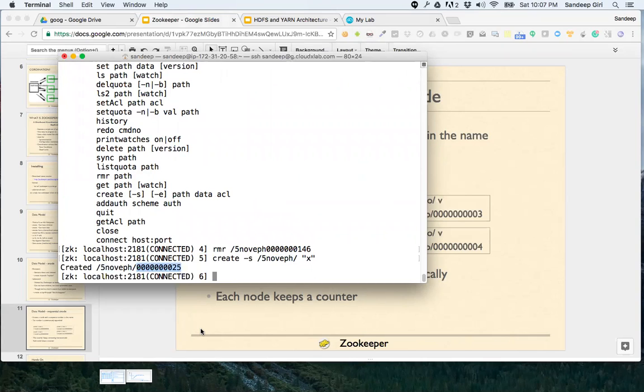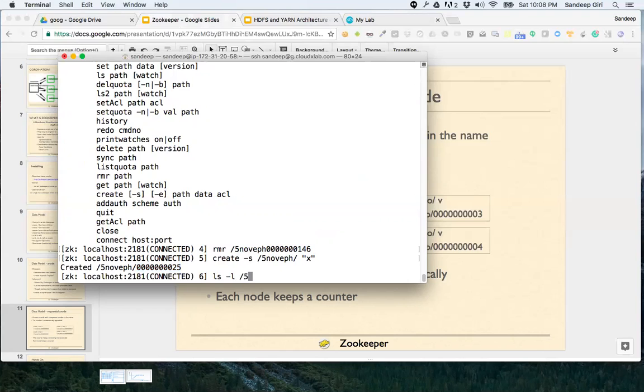So many issue tracking systems across the globe could use sequential nodes in order to generate the running numbers. Yes, is everybody able to create their sequential numbers?